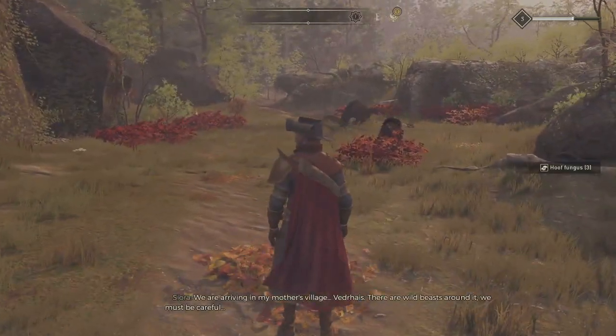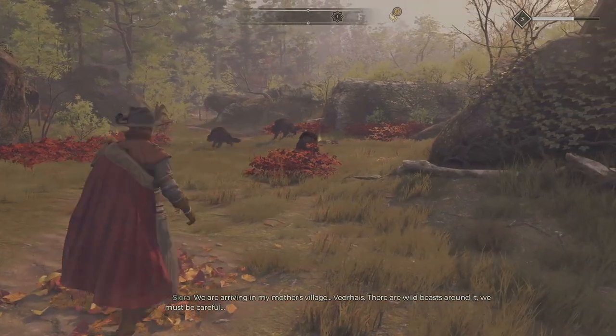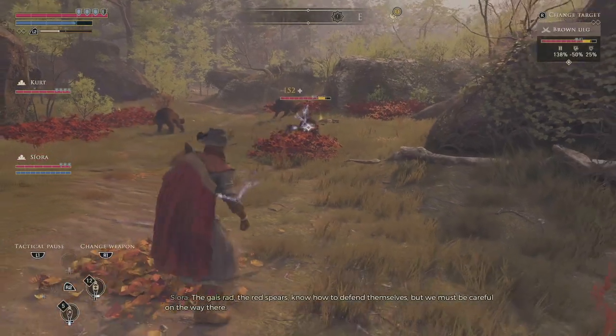We are arriving in my mother's village, Bedrice. There are wild beasts around it. We must be careful. The guards are red. The red spears know how to defend themselves. But we must be careful in the